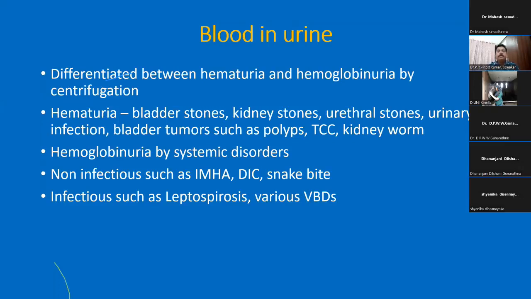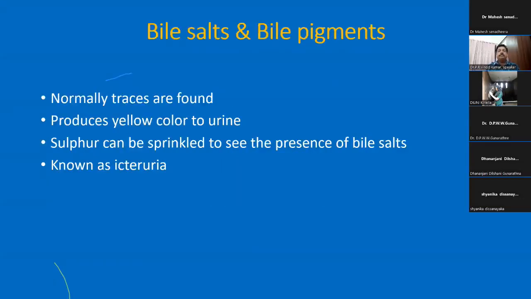Non-infectious diseases such as IMHA, snake bites, and DICs can produce non-infectious hemoglobinuria through intravascular hemolysis. Next, bile salts and bile pigments. Normally, traces of bile salts and